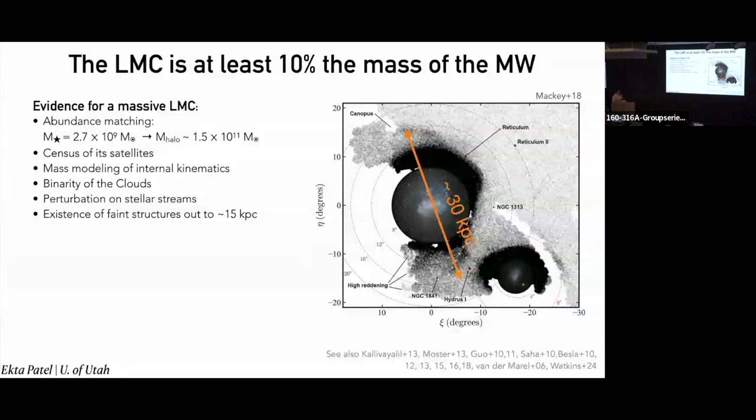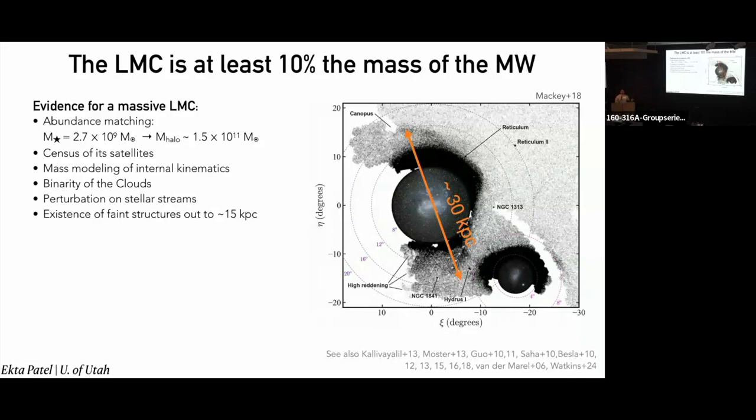So as we started to hear today and a little bit yesterday, we're learning, especially in the last decade or two, that the LMC is quite massive. For a long time, we were thinking the LMC was in the 10 to the 10 solar masses range in terms of its entire halo mass. But more recently, with many different lines of evidence, only some of which I've put up here, we've started to learn that the mass of the LMC at infall into the halo of the Milky Way is about 10 to the 11 solar masses, which puts it at about 10% the mass of the Milky Way,